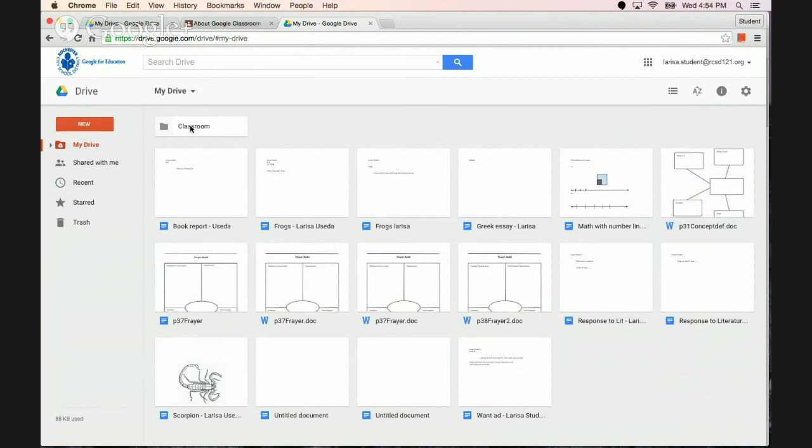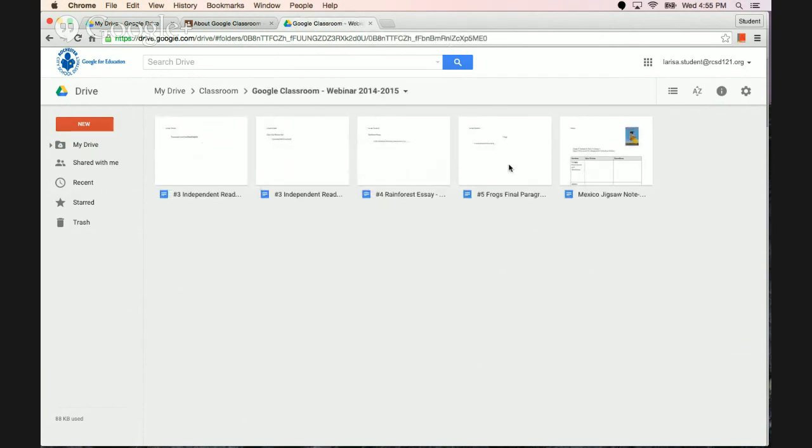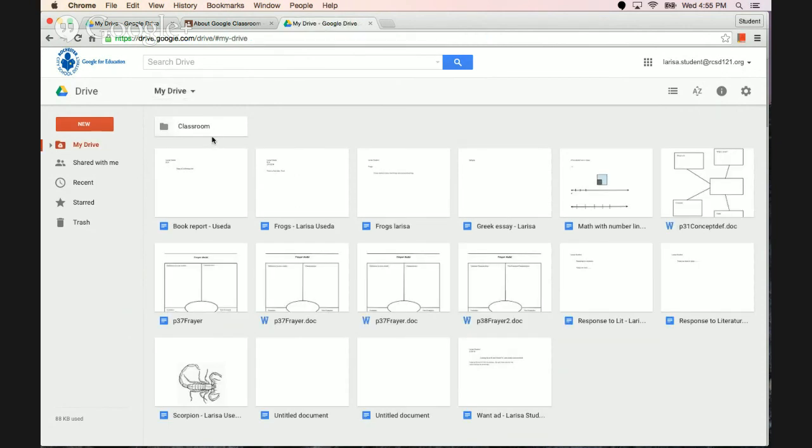You don't really even need to do anything with it, but it is important to know it's here. I'm going to open this, and I see all of the classes that I'm in. If I click on one of the classes, here's all my work that I've submitted. So for a student, it's important. They'll have these files long after this year of work. They're still there, so it's almost like their portfolio or their work. So that is that whole back end work that is created, that automatic workflow.